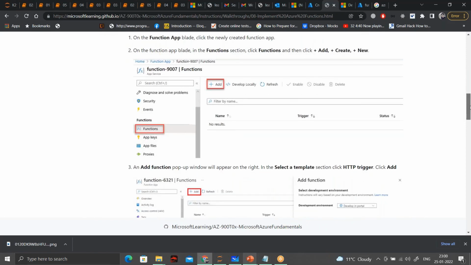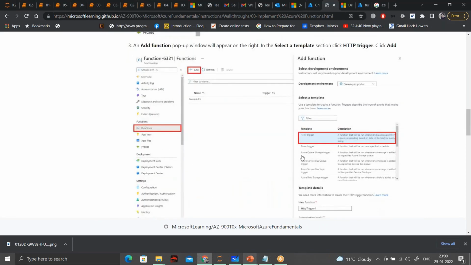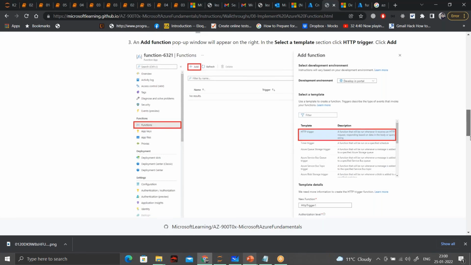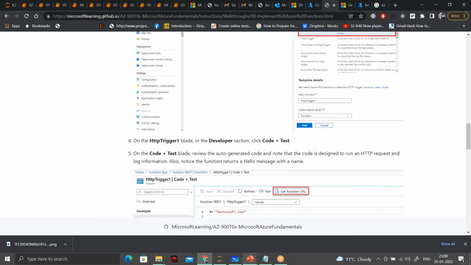But you can see there are so many different types of functions that you can create: timer triggered, queue triggered, service bus triggered, and service bus topic triggered. So you can have different types of functions there.